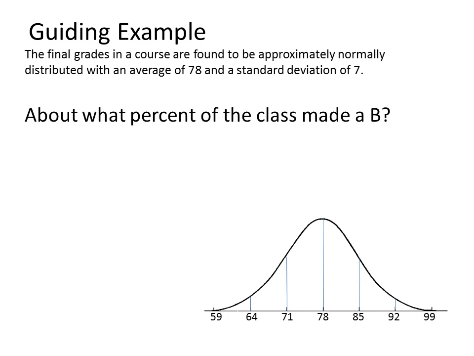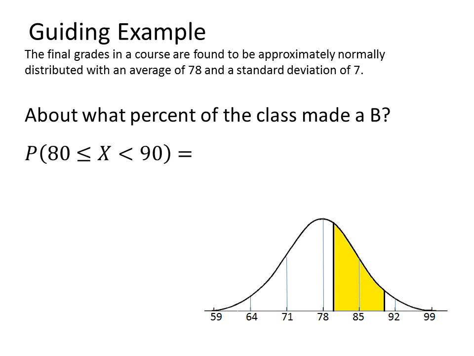So let's go back to the guiding example that we looked at the beginning. Suppose the final grades in a course are found to be approximately normally distributed with an average of 78 and a standard deviation of 7. About what percent of the class made a B? Now, of course, making a B means you're going to be somewhere between 80 and 90. And so, in order to solve this problem, we need to find the area between 80 and 90 under this